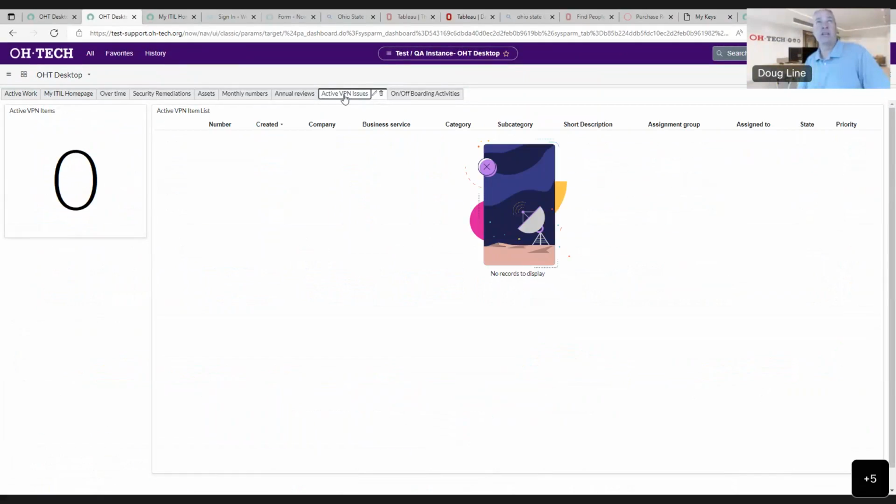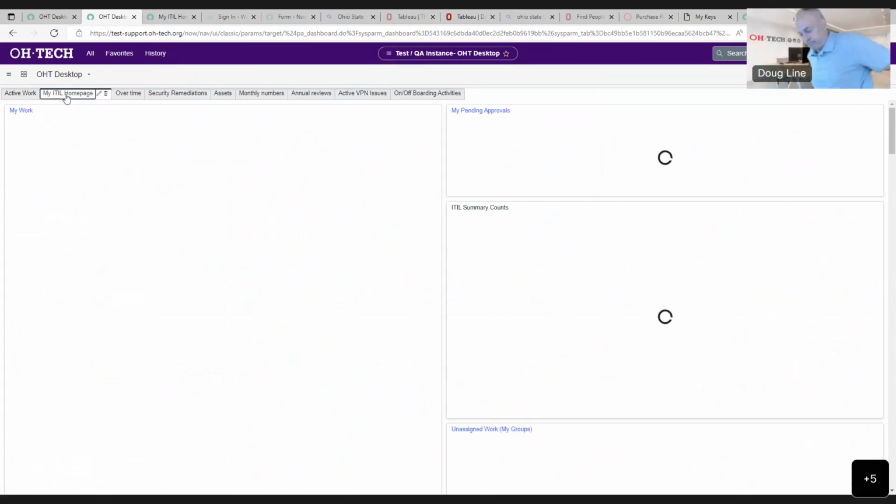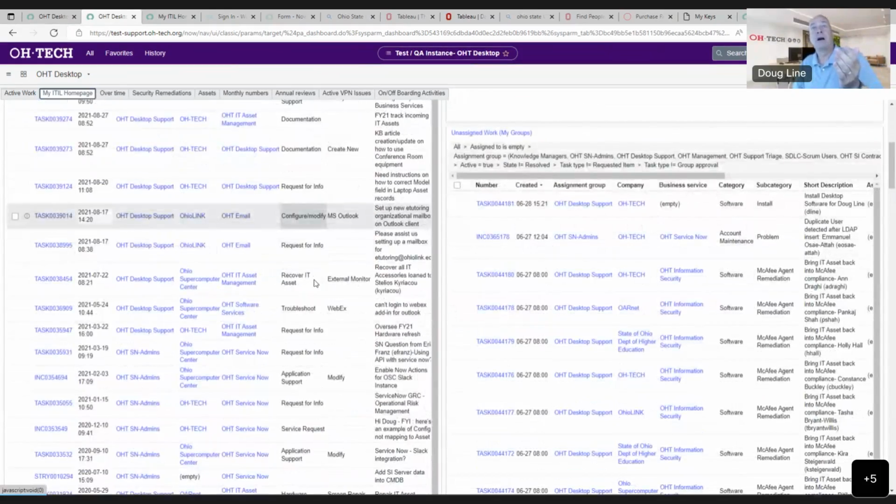Another big one for us is security remediations. So as there are big bodies and chunks of work that get done within your group, you may want to do these same kinds of things so that you can focus in on your stuff, because the generic my ITIL homepage,